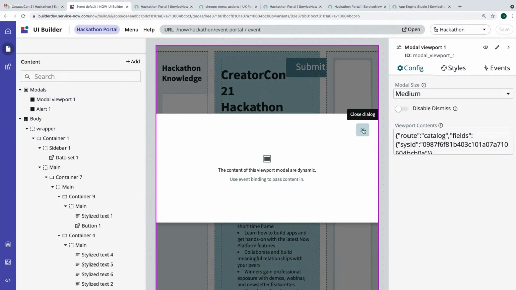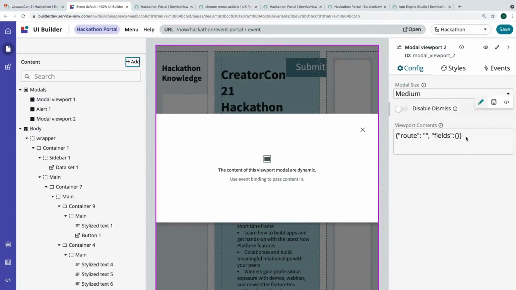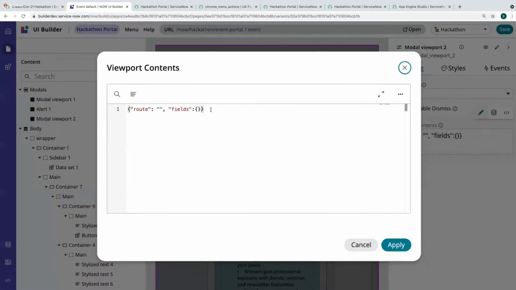Do we need something? So I know you just put in the catalog and fields part, and those were stubbed in already. Can we open a new modal viewport and just take a look at the empty one before we edit it and see if we potentially missed something? Absolutely. I don't think we did. That looks exactly like what we have. Okay. It was worth a shot, but it looks exactly like what we have.